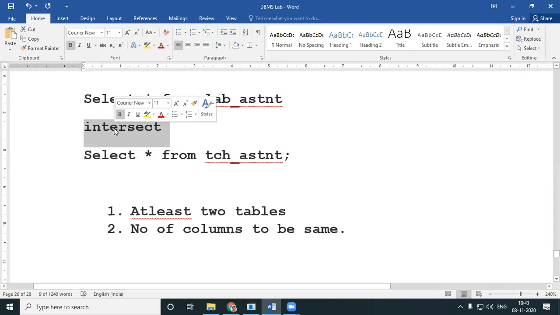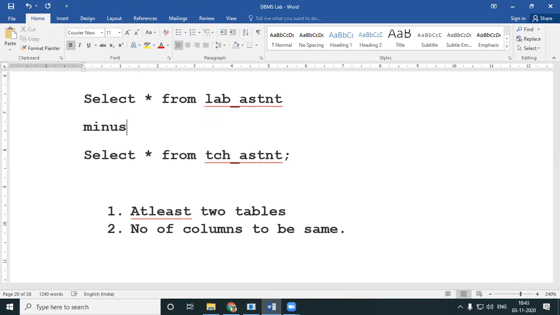The same way you can work with minus. What do you mean by A minus B?